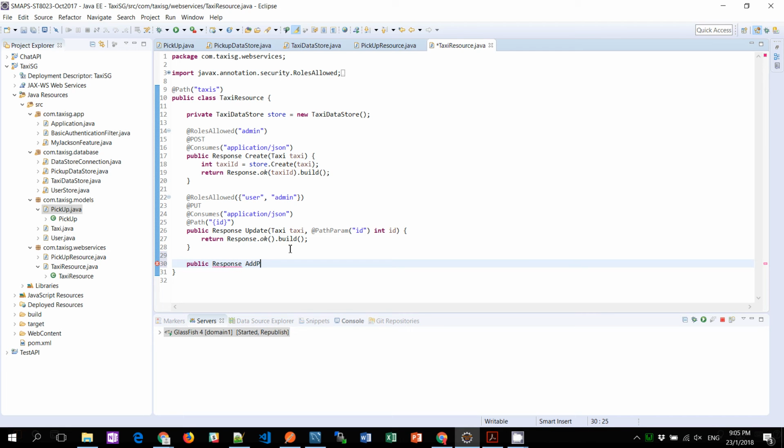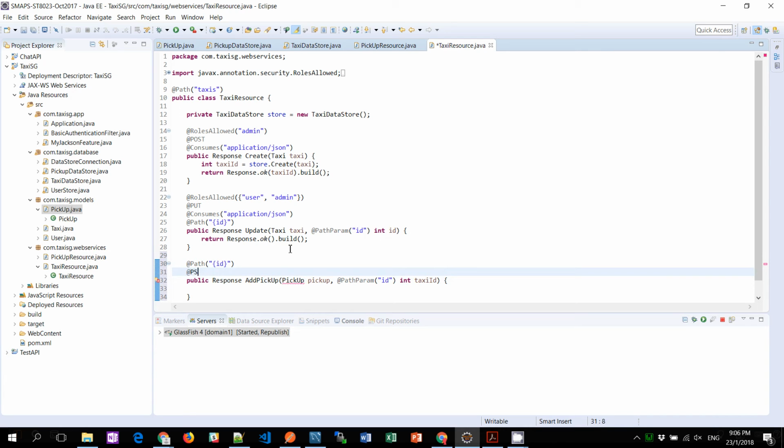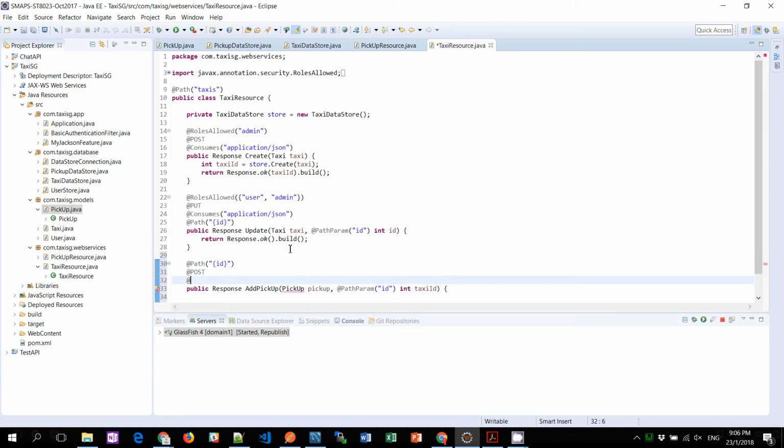So here you can still have the pickup data, but also with a path parameter taxi ID. So in this case, the path here will be equal to ID, and you're doing a post. So the path will be ID slash pickup,